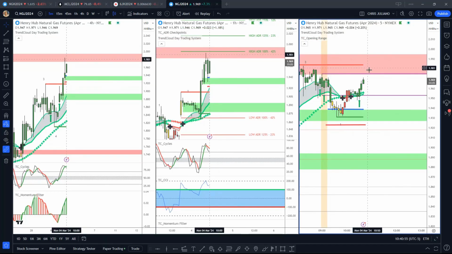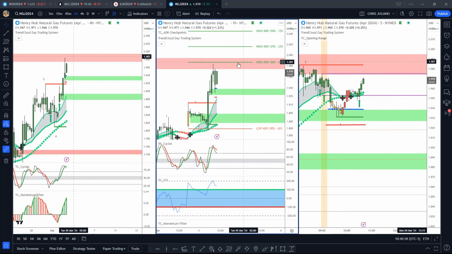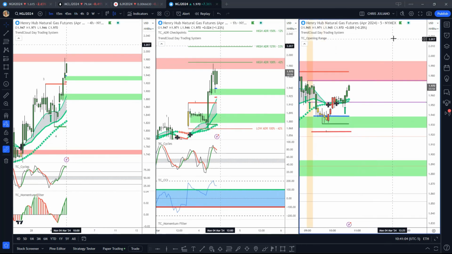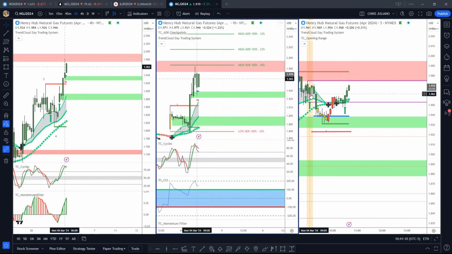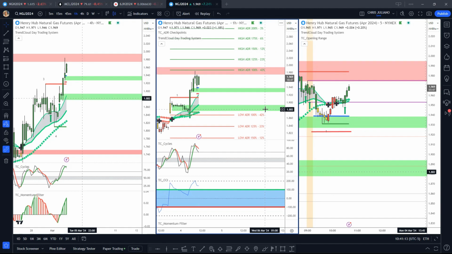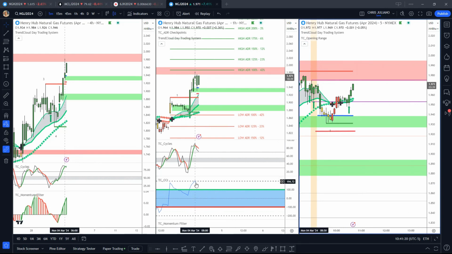Let's see how far this goes up. You think we'll hit that ADR checkpoint? We might get a breakout, and this thing might go to the moon. We don't know. All we know is what we've got from our data from when we back tested and optimized Trend Cloud. And it said 70% when you've got trend and momentum on your side, 2-to-1, it's going to hit 2-to-1 70%